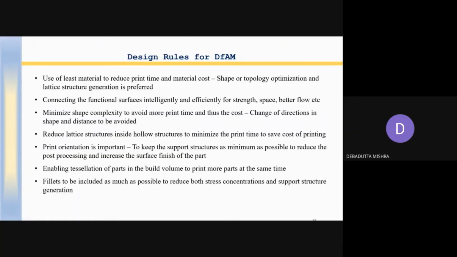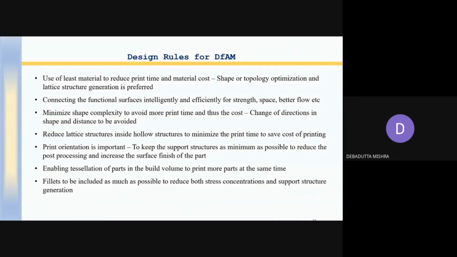Now, some of the design rules, after discussion of the different methods. The first rule is the use of least material to reduce print time and material cost, so you go for topology optimization so that material use, cost and time will be reduced.